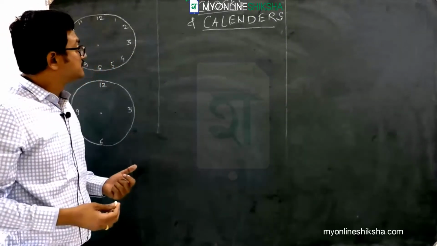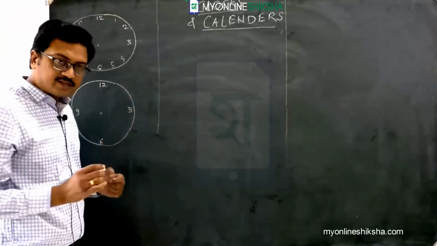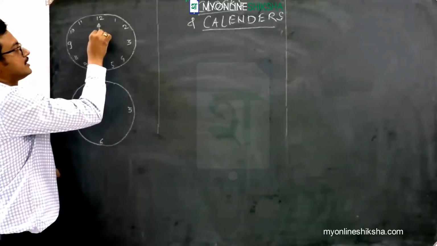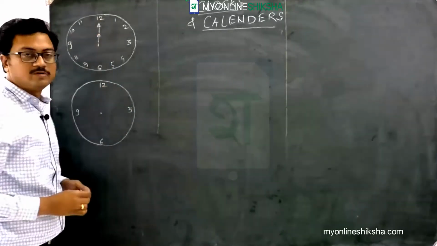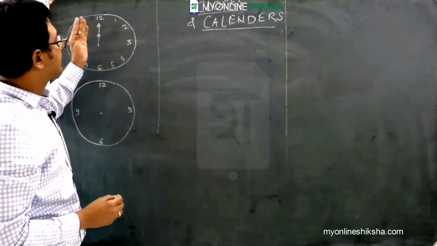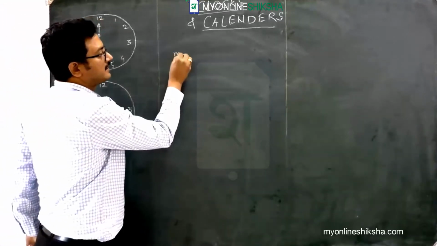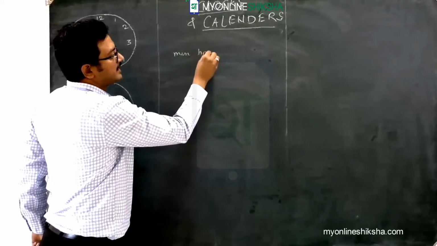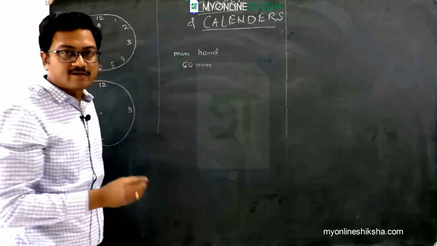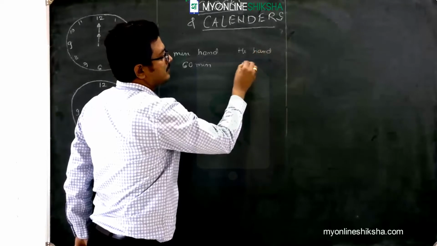Now the patterns of questions which you may come across in clocks and how they need to be solved. First and foremost, you know that if I consider a clock which is showing 12 noon, and the minute hand rotates through 60 minutes, the hour hand travels from 12 to 1. So can I tell that when the minute hand travels 60 minutes, the hour hand travels 30 degrees.